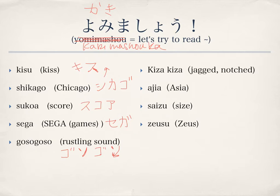じゃあ次はキザキザ。き za is backwards sa, and ki za. Asia. So you have the sideways A. Ji is she's looking up, ten-ten. And then a,